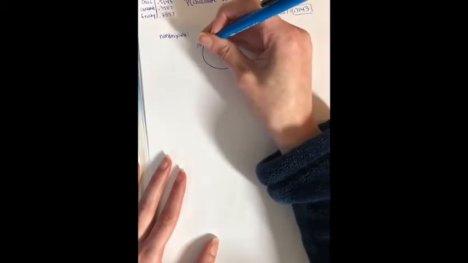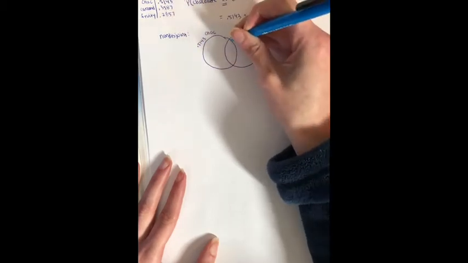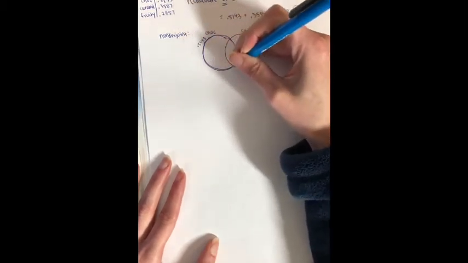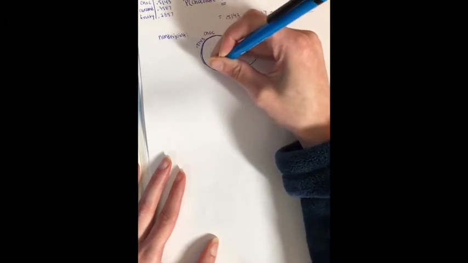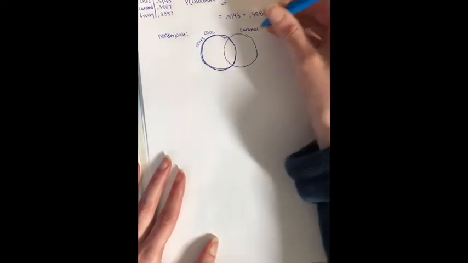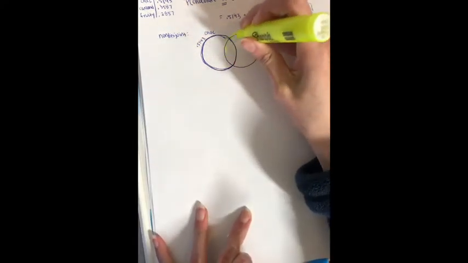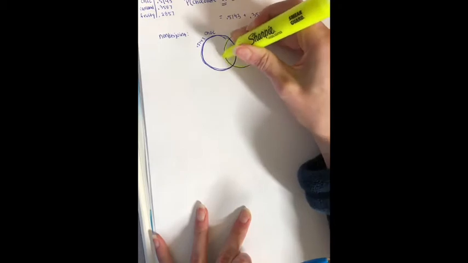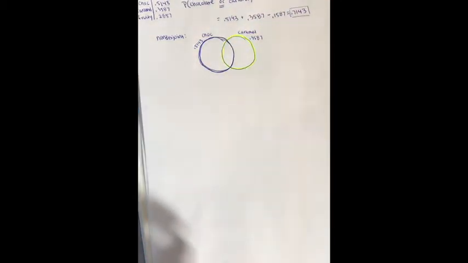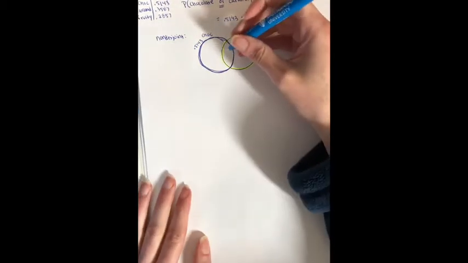And I know chocolate is 0.5143, and that refers to this whole circle. And I know that caramel is 0.3587. And that refers to this circle. Okay, and then in the middle is our both, and that's our Rolos,